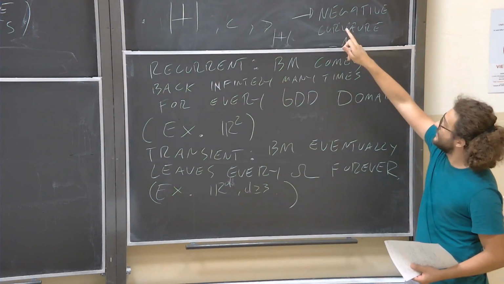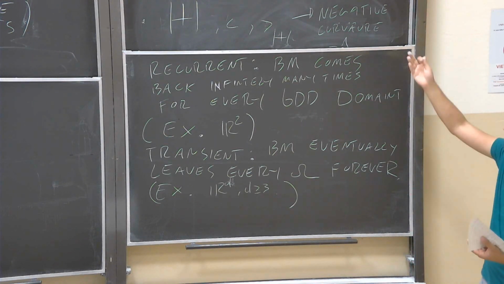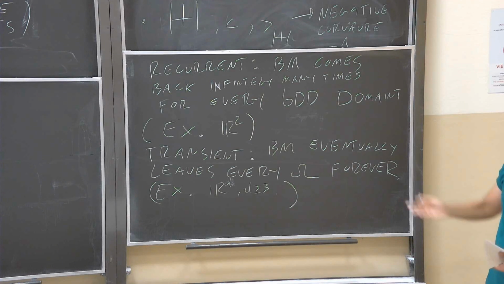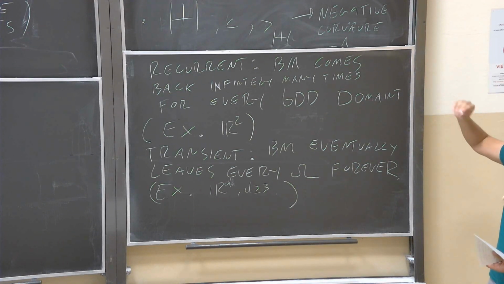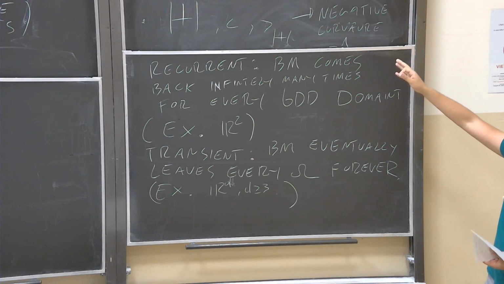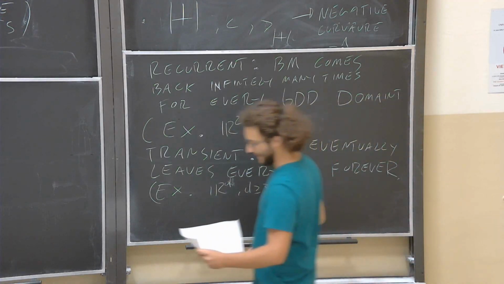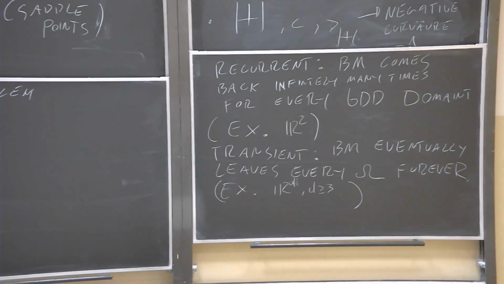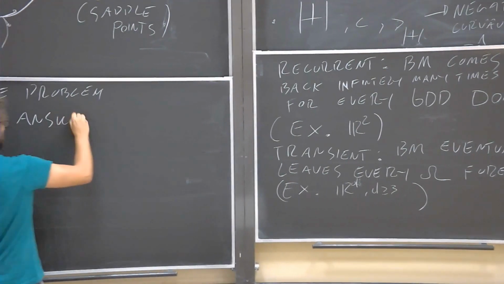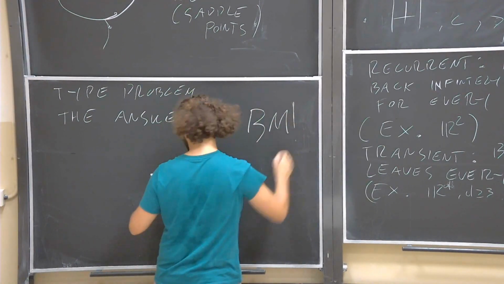The sphere is not interesting because the sphere is compact, so it's very simple to understand. It's different from the two others. What we're interested in are the ones that are not compact. So how do I distinguish a manifold which can be transformed into Euclidean space from one that can be transformed into hyperbolic space? The surprising property is that the answer is given by Brownian motion. And this is a classical result.